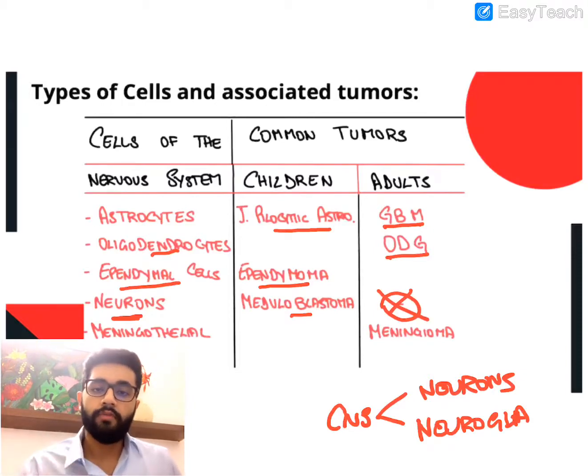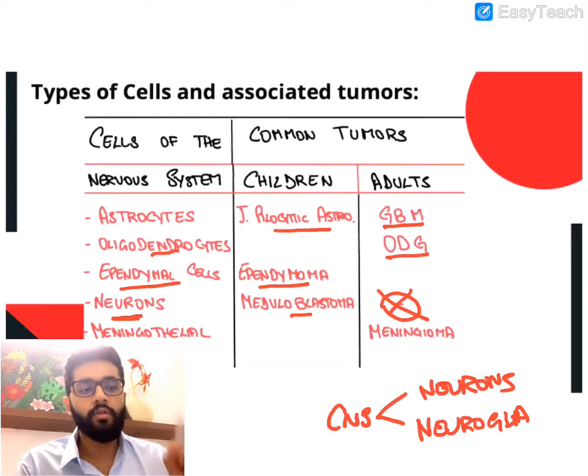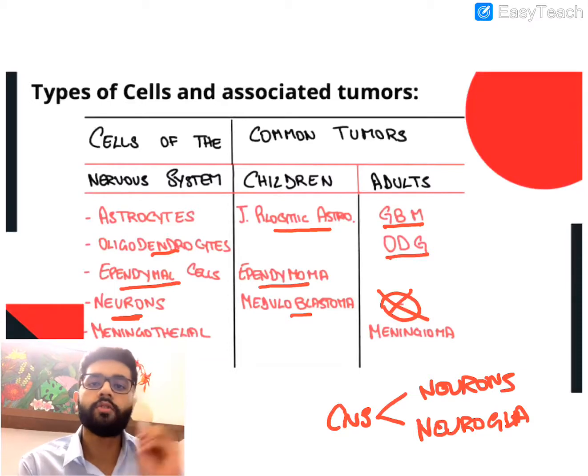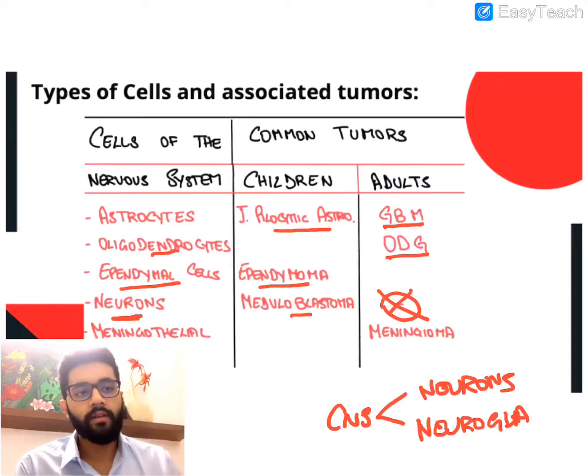We know from physiology that neurons are cells that rarely divide, and especially the neurons of the central nervous system rarely divide and do not divide. So they have lost their capability of division with maturity. So as neurons mature, they lose their capability to divide, and therefore any cell that loses its capability to rampantly divide also loses its potential for malignancy, because malignancy is essentially uncontrolled division of cells. So this cell has no potential to divide, and therefore since neurons are not dividing, they do not cause any malignancy in the adults or any CNS malignancy in the adults.